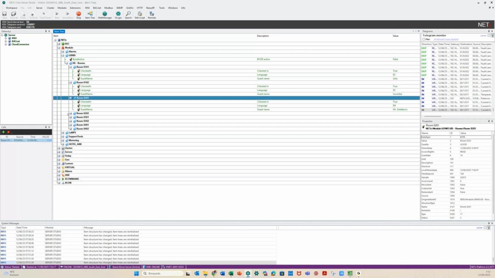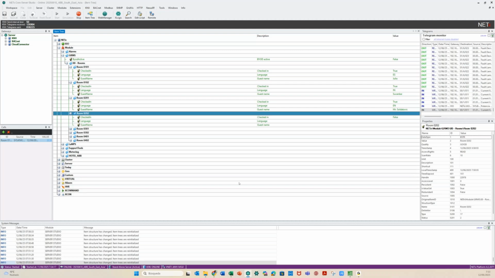It gives me information about check-in, check-out. So I can, for example, interact with the room temperature. If the check-in value is true or false, we can change the status or the mode for the HVAC control. The language is interesting, maybe to change the visualization from the screen that is present in the room,